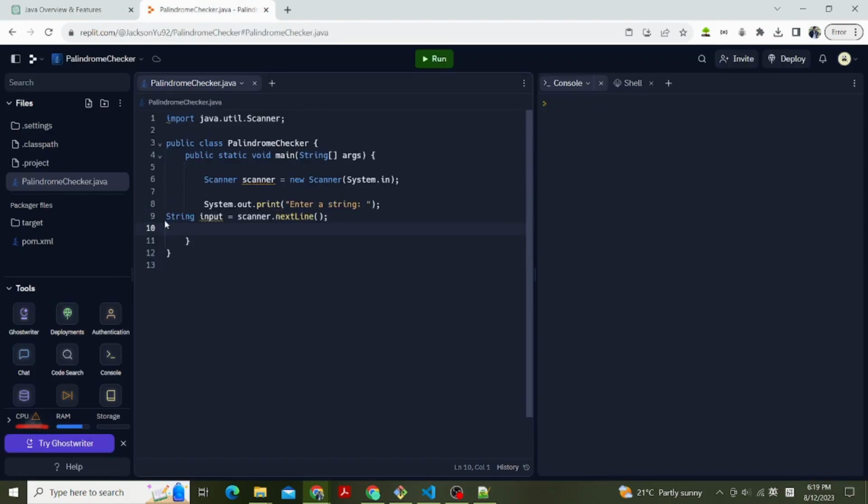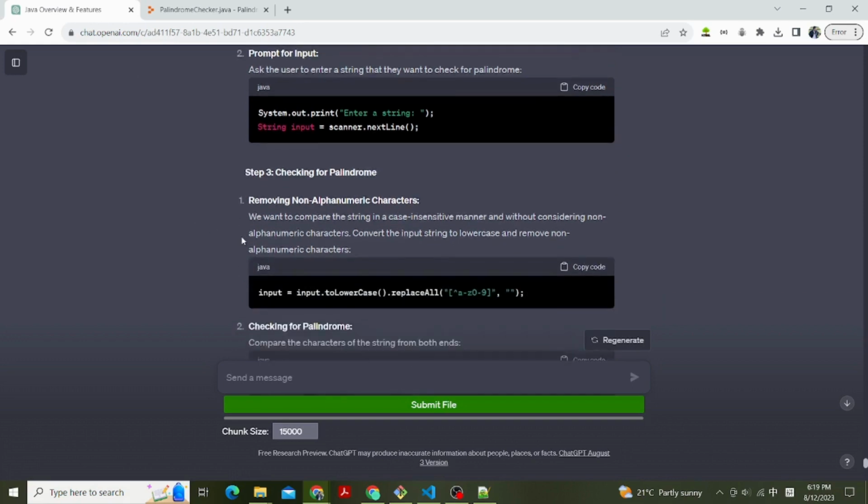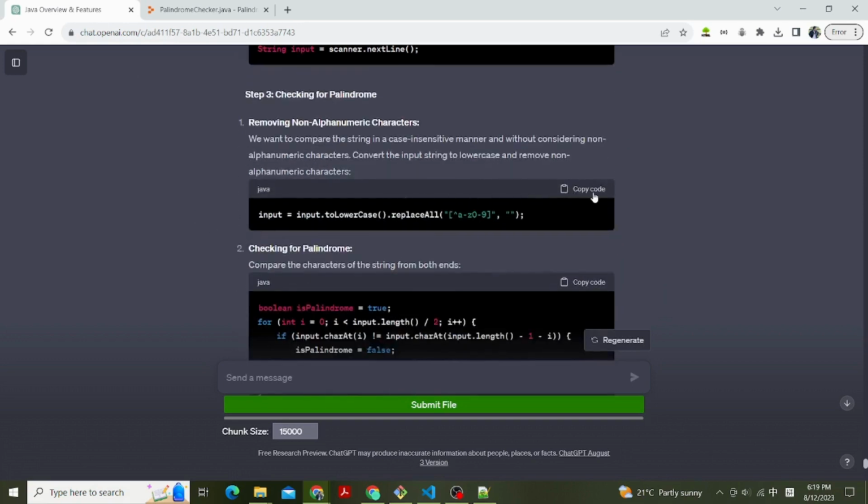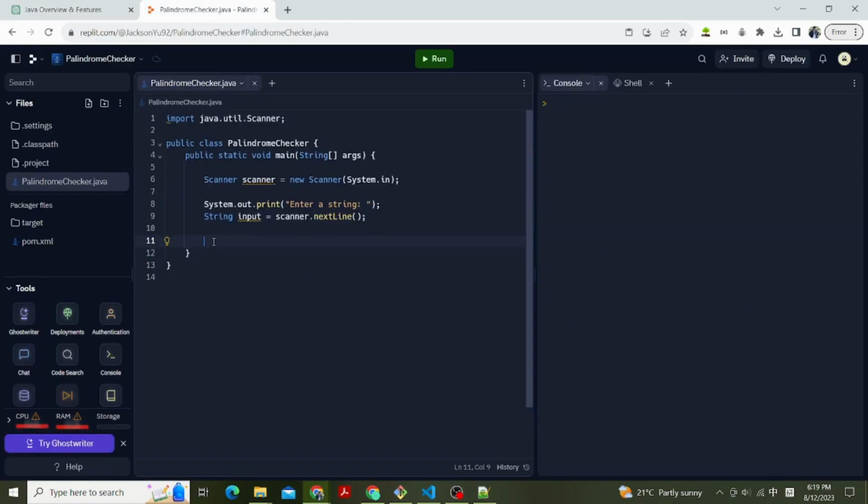Step 3, checking for palindrome. First, removing non-alphanumeric characters. We want to compare the string in a case-insensitive manner and without considering non-alphanumeric characters. Convert the input string to lowercase and remove non-alphanumeric characters. input = input.toLowerCase().replaceAll("[^a-z0-9]", "");